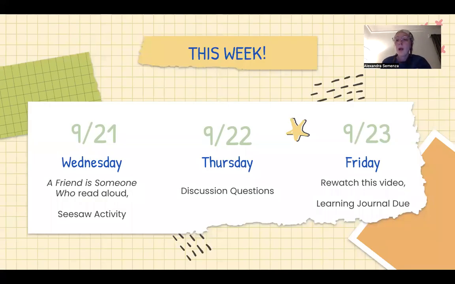What I wanted to go over now is what we'll be doing the rest of this week. Every activity this week will have to do with our objectives, which were I can explain what it means to be a good friend. And I know a lot of you first graders are good friends, so you know what that means. But we'll be reading some stories about different friends and if they're good friends and kind to one another, or if maybe they've had some problems and you guys can work on solutions to help them become a better friend. Our other objective is I can ask and answer questions about key details in a text.